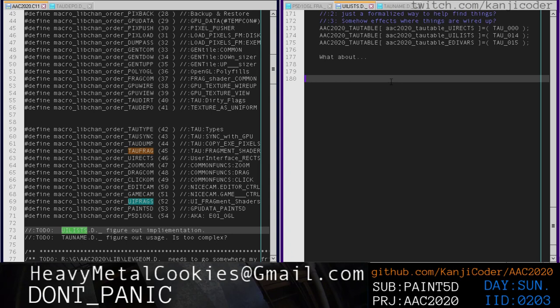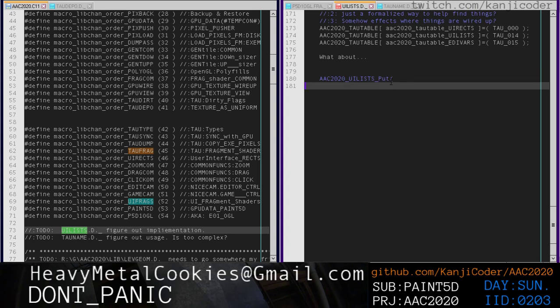What does the interface need to look like, right? So I'm thinking, you know, AAC 2020 UI lists